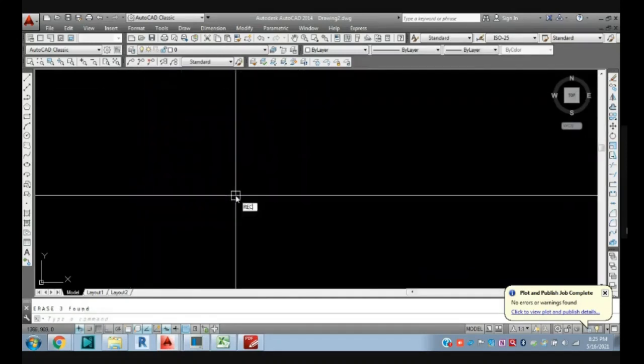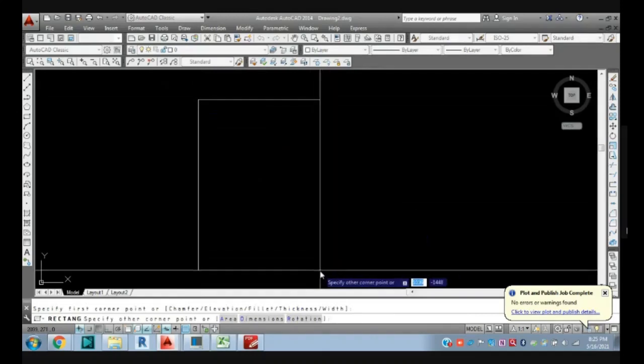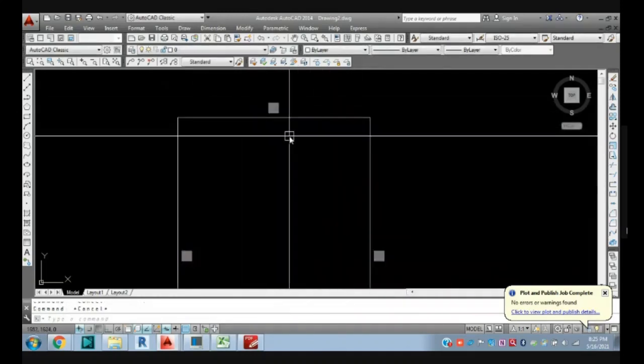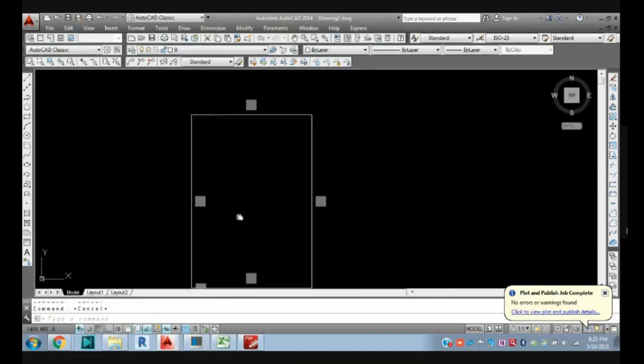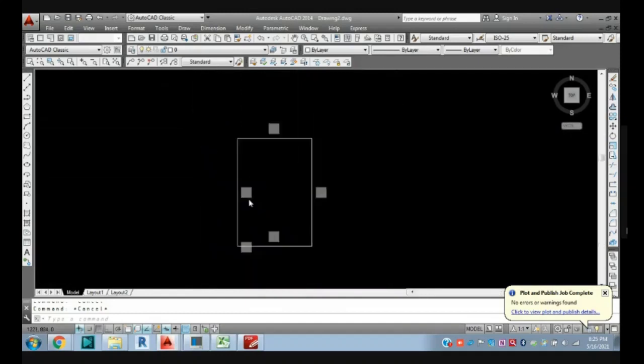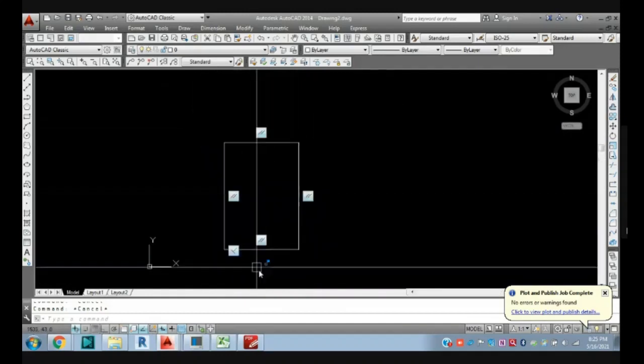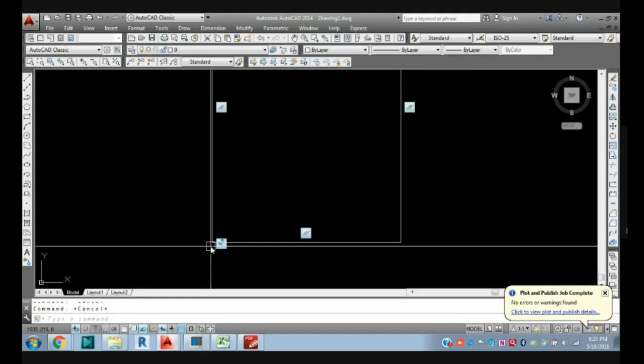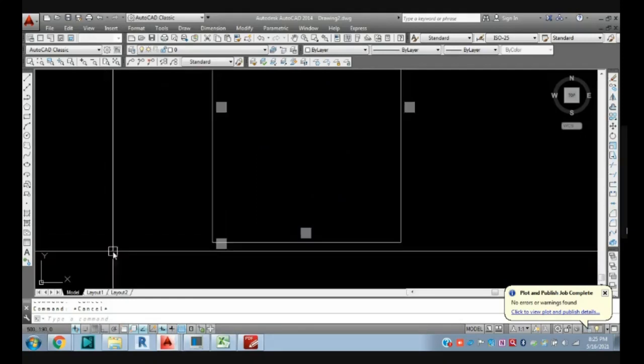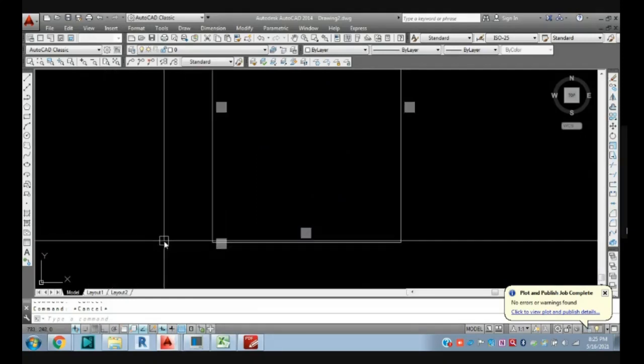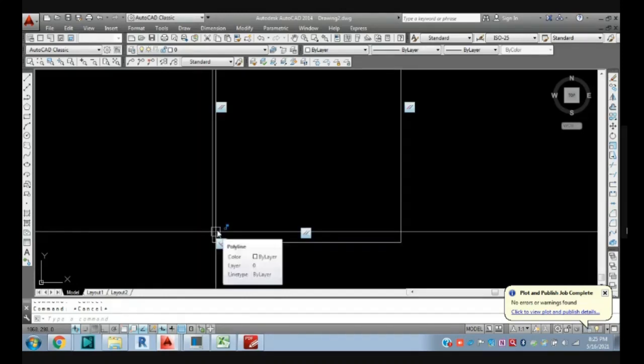Suppose this is my slab, with the dimensions as per my input. I set this slab at a certain location, so this corner will be at 0 comma 0. When other people use this file for their reference and extract it in their drawing, it will be in the exact position.